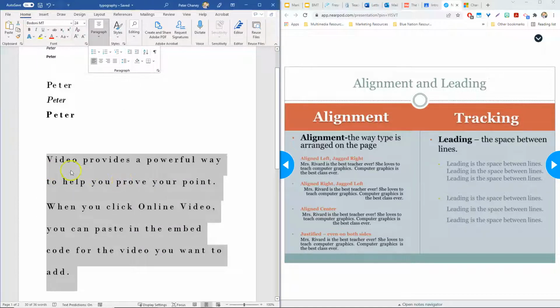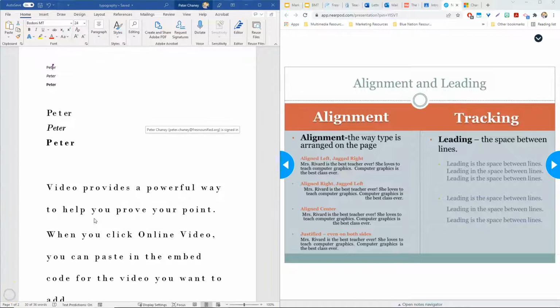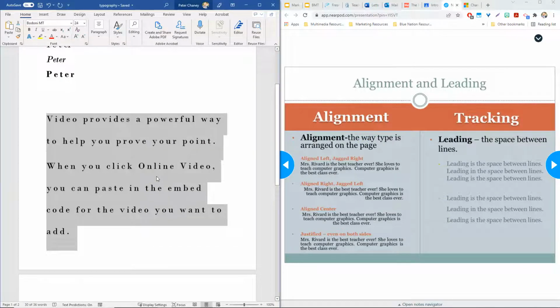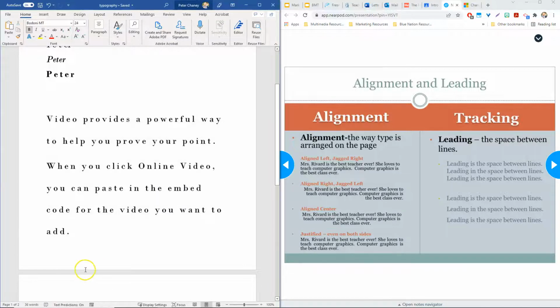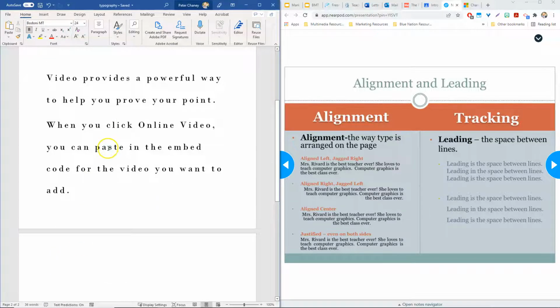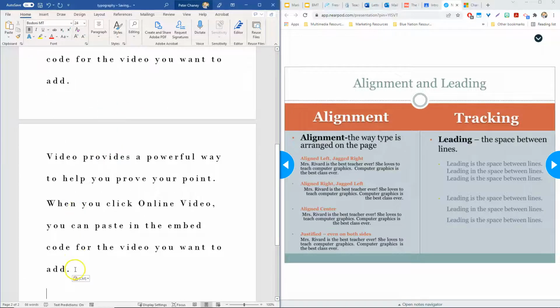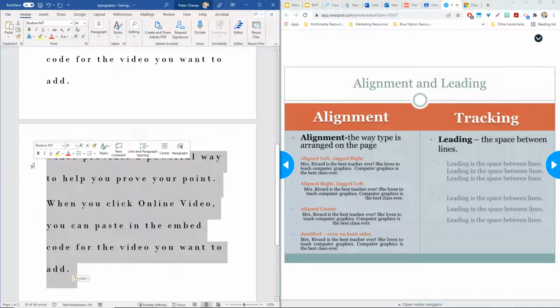So now we've taken a paragraph and we've changed the spacing or the leading from single spaced to double spaced. Last thing I want us to do with this document is actually play around with the alignment a little bit. So we're going to go to our Word document, and we are going to Control C to copy, go down to the second page if you're where I'm at, or it could be on the same page if you still have room. And I'm going to paste that text, and let's do an align right,